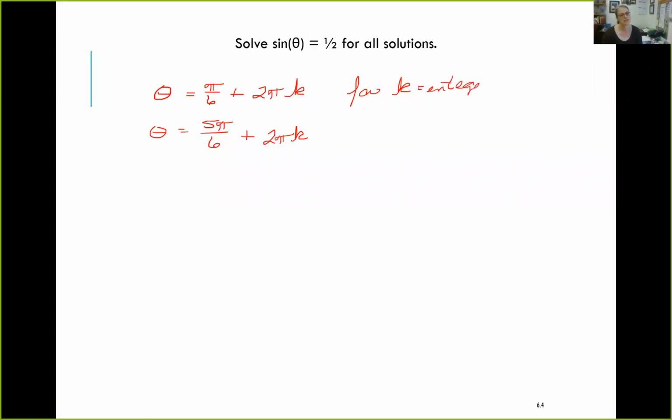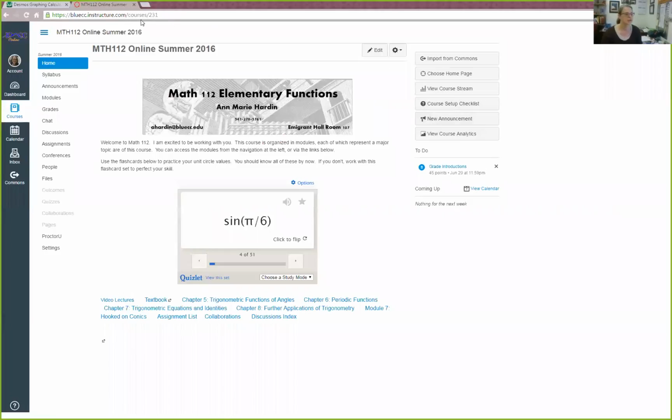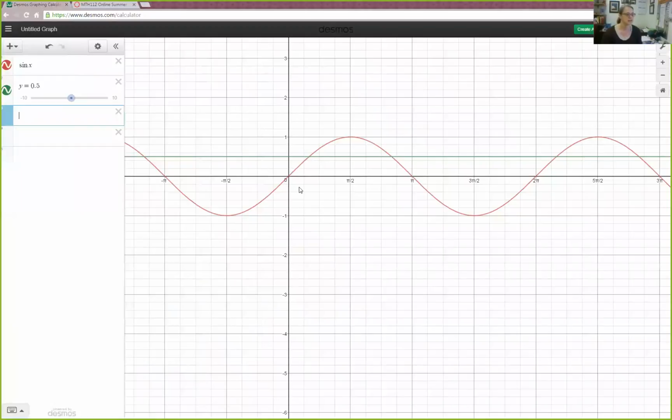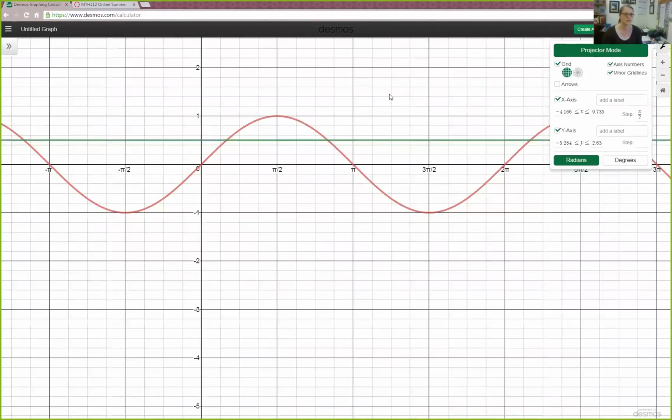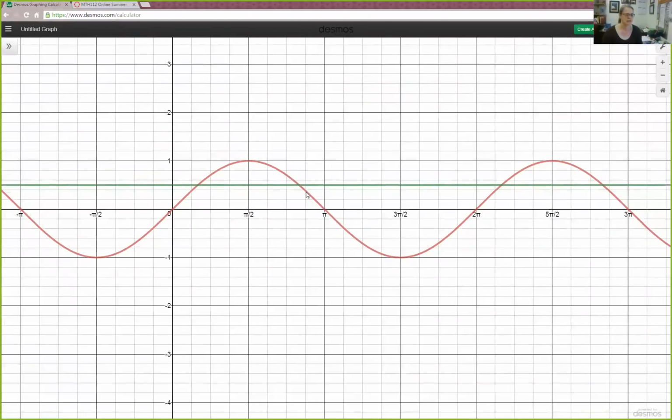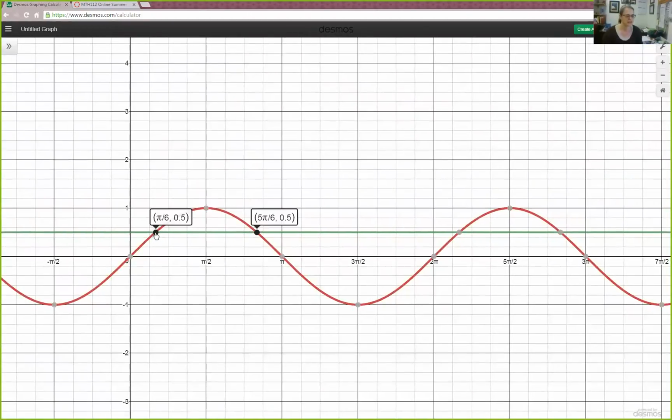We can also look at this in Desmos. That's what I've got set up here. I've just got the sine function, sine of x, and a green line at y equals 1/2. This is in projector mode so it's easier to see. And so right here we've got 5 pi over 6, 5 pi over 6, 13 pi over 6, 17 pi